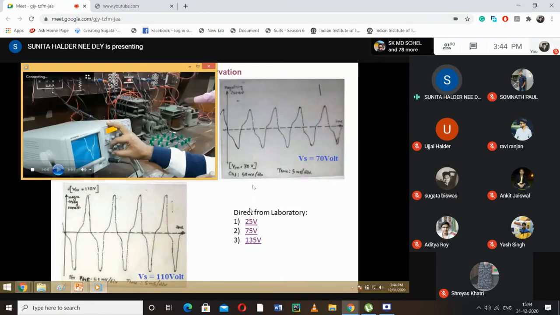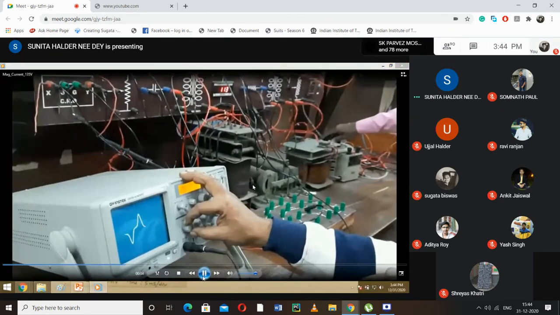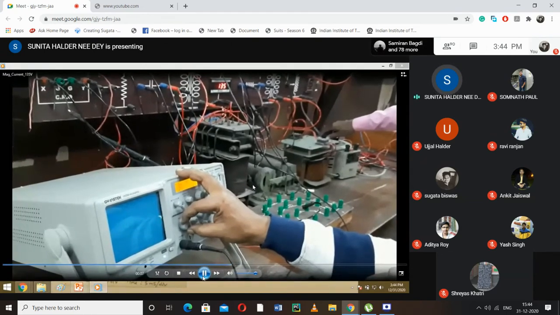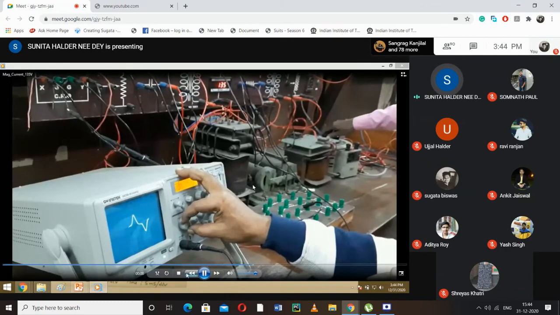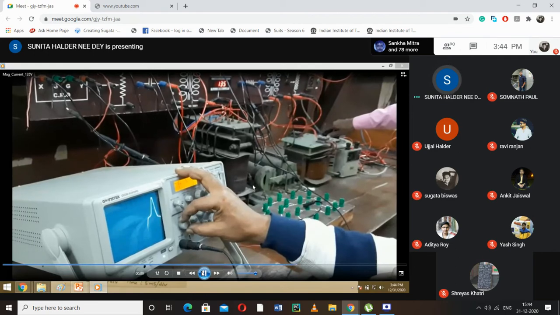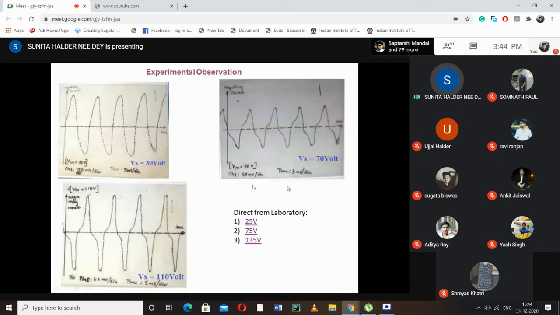Similarly, for 135 volt, that is over excitation, again we get the non-linearity. Again, here the scale is much higher. If you make the scale higher, then it will be beyond the screen, so you have to increase the scale so it is within the screen. So in this way, it is done in the laboratory. Have you understood how to observe the magnetizing current waveform in the oscilloscope? Yes, ma'am. At least you can try when you get the lab open with this information.